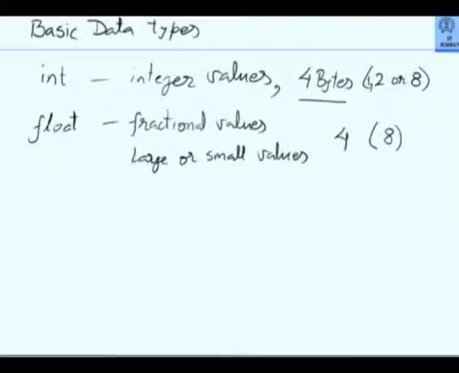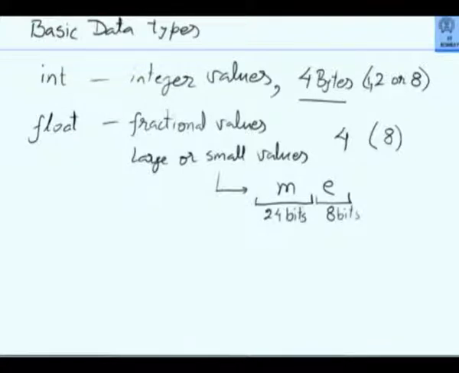Please note that these values are represented as a mantissa and exponent. So there are a few bits which go for mantissa and a few bits which go for exponent. Typically, although it is not necessarily standard, exponent occupies 8 bits and mantissa occupies 24 bits.